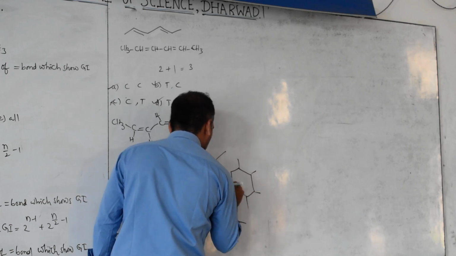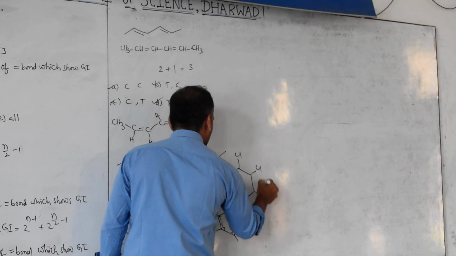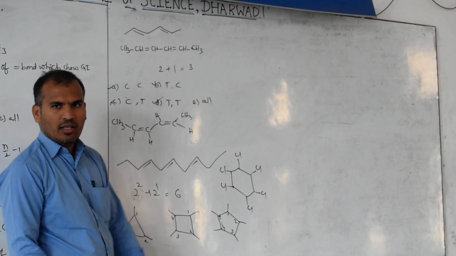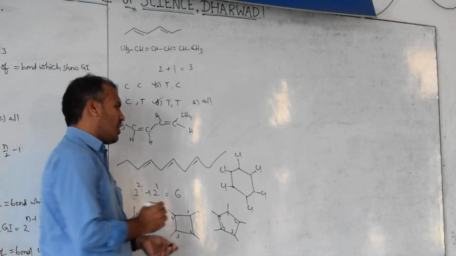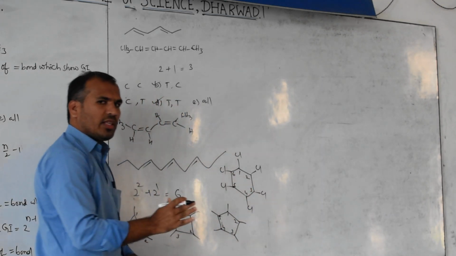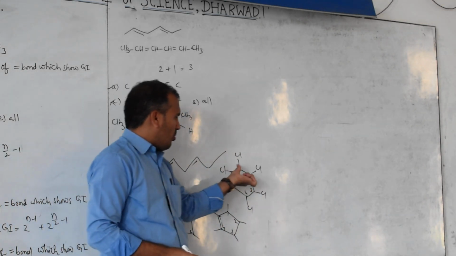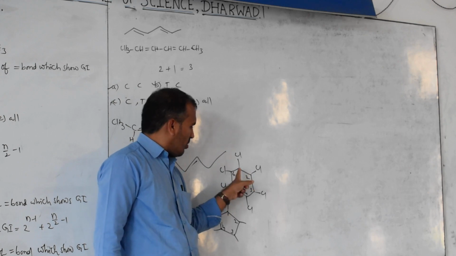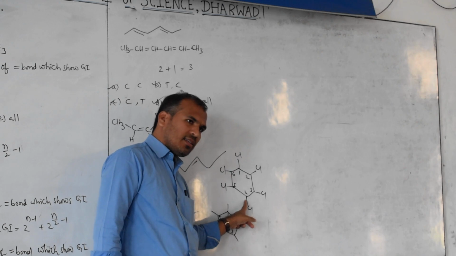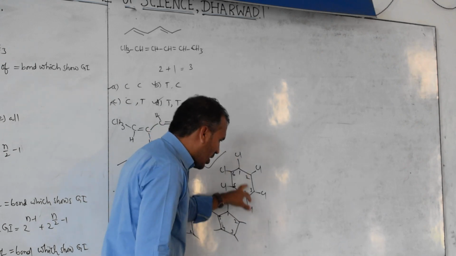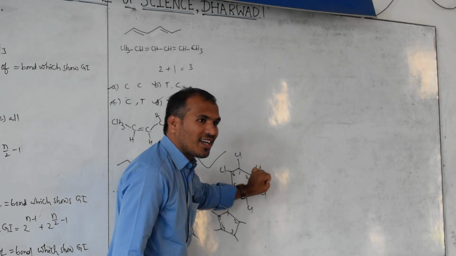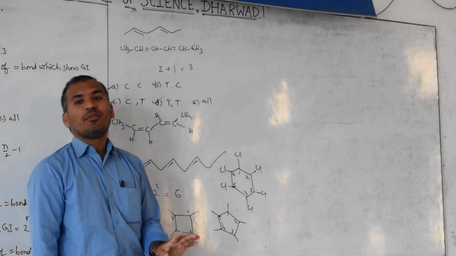1, 2, 3, 4, 5, 6. For example, consider Cl now, instead of CH. Tell how many possibilities are there? 1, 2, 3, 4, 5, 6. 1, 2, 1, 3, 1, 4. 1, 2 cis trans. 1, 3 cis trans. 4. 1, 4 cis trans. 6. When it is 1, 2 in cis trans, these may be cis, these may be trans. Then total how many? 8.